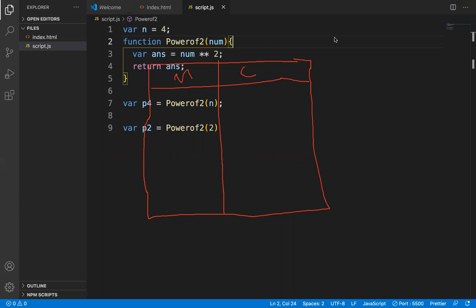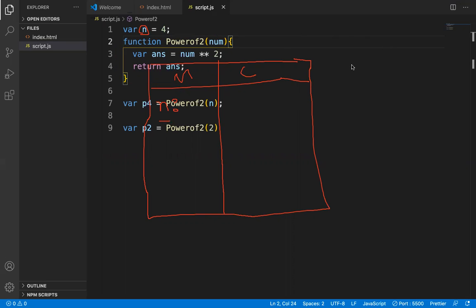It will take the variable and allocate memory here, and then it will go to the next line. Here it is a function, so it will grab the whole function.